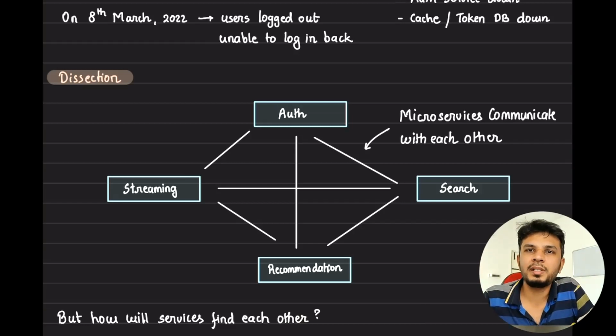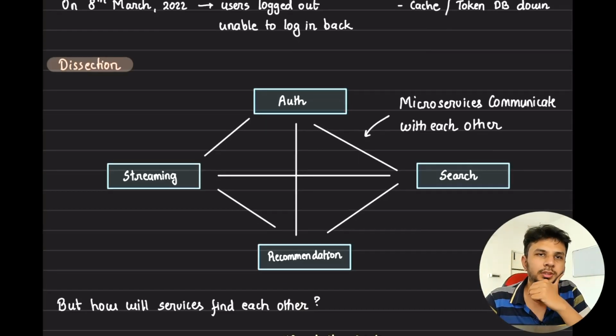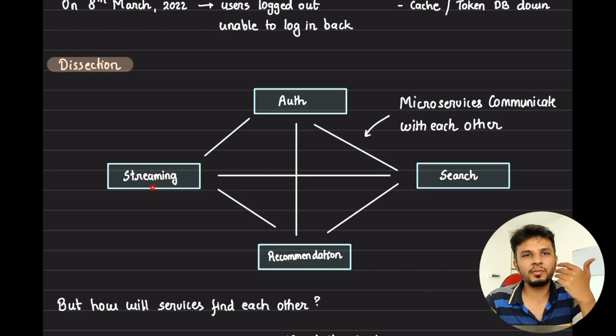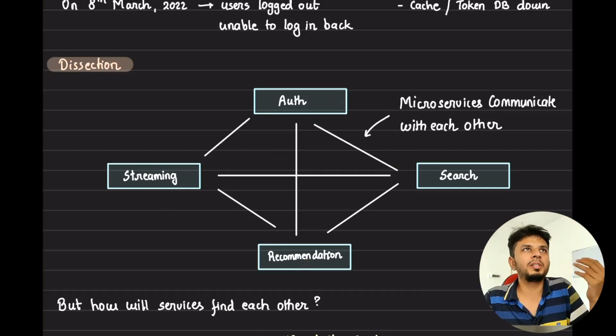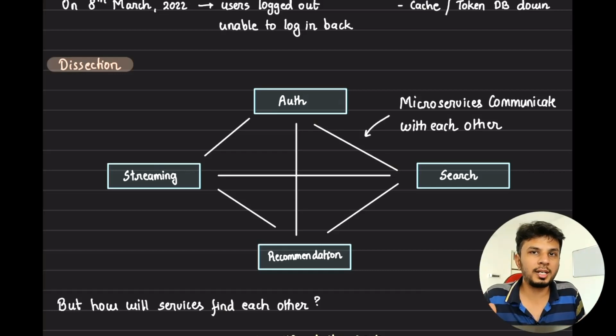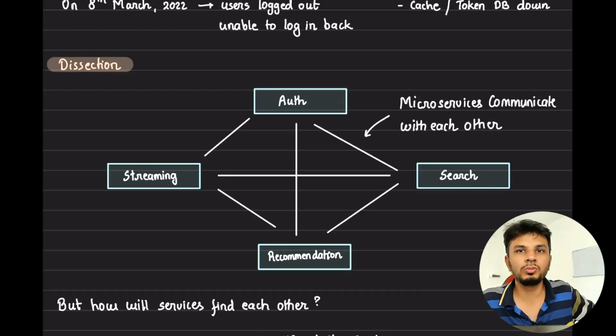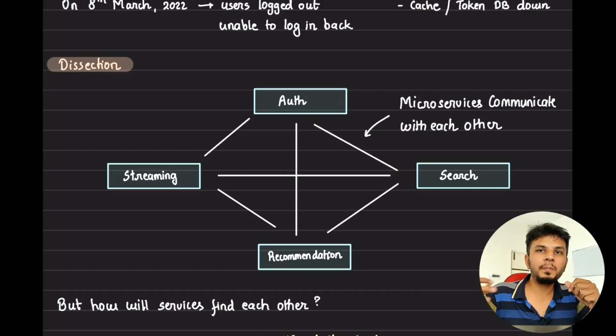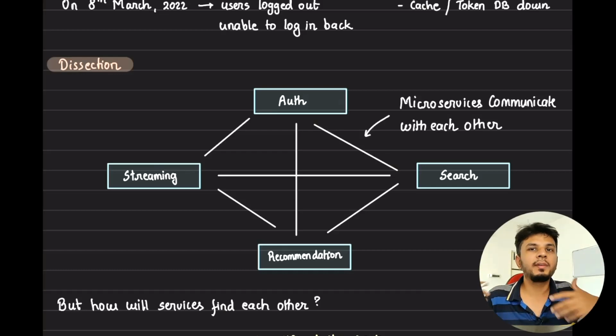So now what exactly happens with service discovery is, let's say you have four services. Let's say we are talking about Spotify here only. The first service is the streaming service, which takes care of streaming music to users. We have an authentication service, we have a search service, and we have a recommendation service. So for each service to talk to each other, right? Obviously, when a request comes in, that service alone might not have all the relevant information to be given out as a response. So that service would be dependent on other peripheral services in order to fulfill the request coming in from the user.